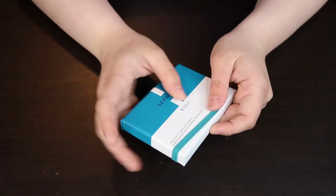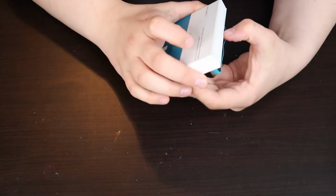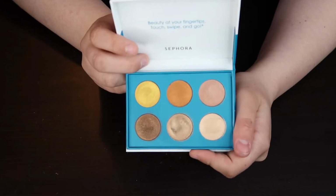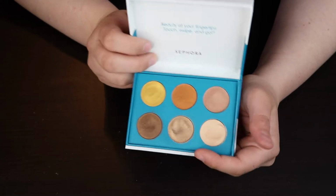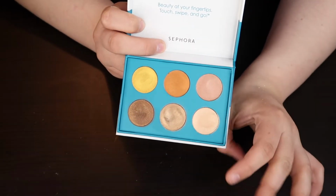And then finally, I have this one. This is the Sephora Clean Bouncy Eyeshadow Palette in Monarch. They finally released another one, and it's very similar to this one. I thought about picking it up, but it's really similar to this one, so I'm still on the fence. But this is an all cream